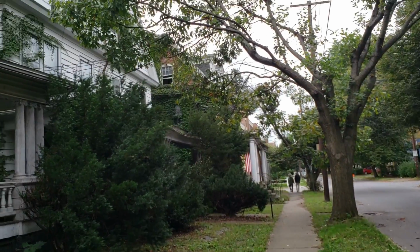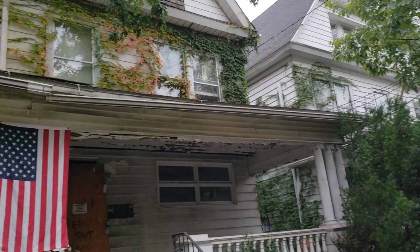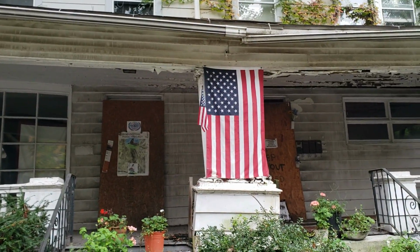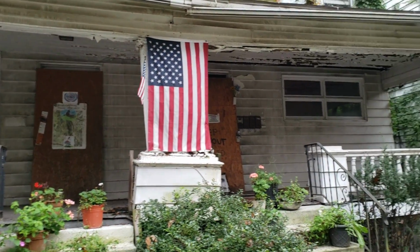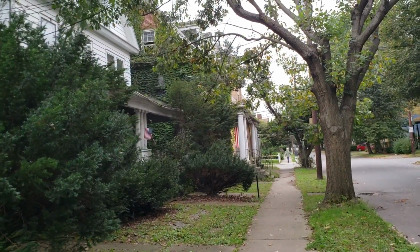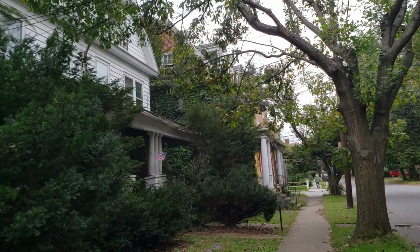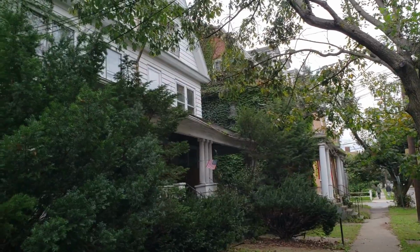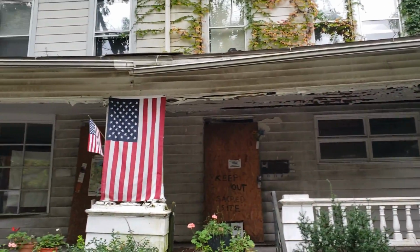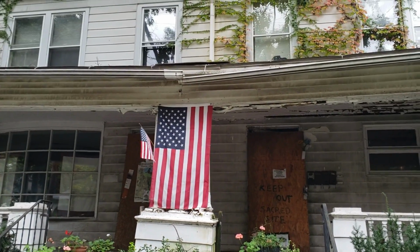I don't see how or what he's doing to raise the money, but he's got an uphill battle to make that dream a reality, because as you can see, these places are for the most part in pretty bad shape, even though they're still structurally intact. I smelled mold on the inside, windows are all broken, this porch is probably going to collapse under a heavy snowfall,